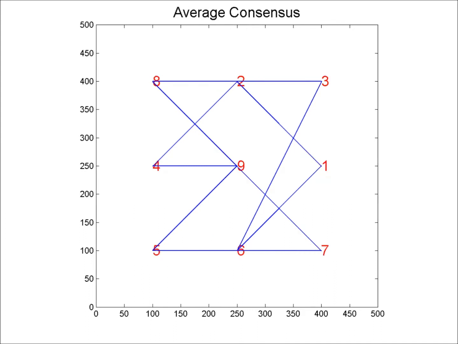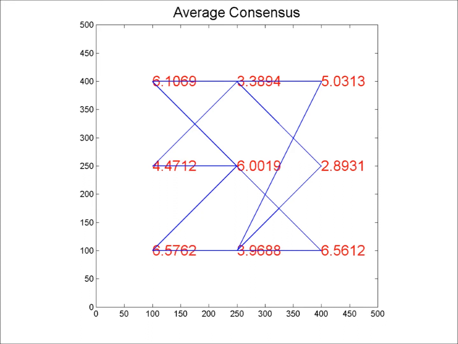One of the popular distributed algorithms is the average consensus algorithm. It can be adopted to perform various distributed fusion tasks in a sensor network. This is how it works. Suppose each node in an arbitrarily connected network has a state, as exemplified here. The nodes need to compute the average of all these states in a distributed manner. Using average consensus algorithm, each node can update its own state using its immediate neighbor's current states, as can be seen in this video. By doing this iteratively, they all can converge to the average state. The average consensus algorithm is utilized in the different distributed algorithms, discussed later in this presentation.